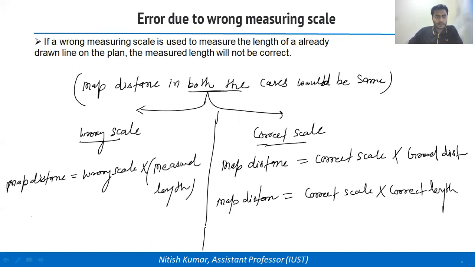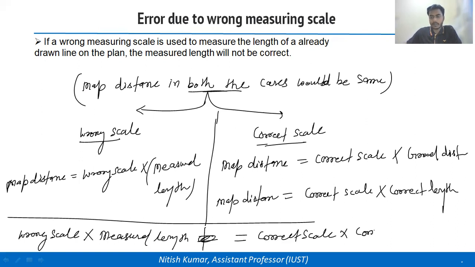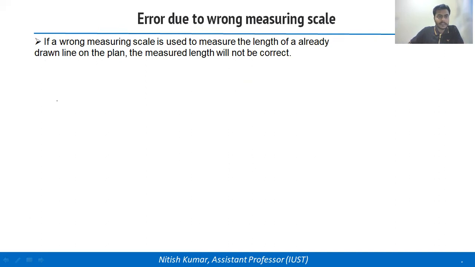Okay. So now we can equate both the things. So what we are getting here: wrong scale into measured length is equal to correct scale into correct length. So what is our main aim? Our main aim is to find the correct length. So from here we can write correct length